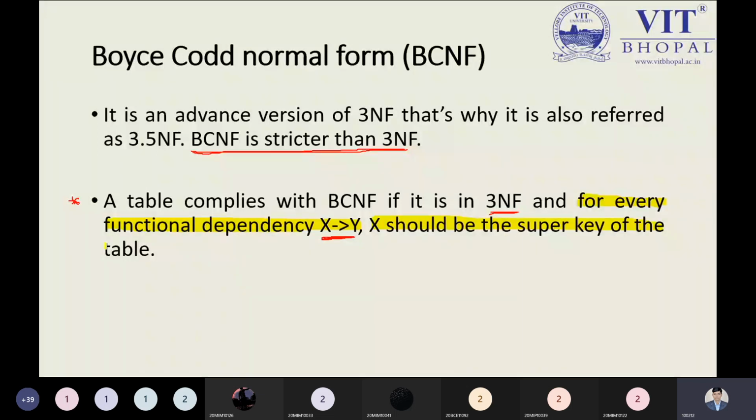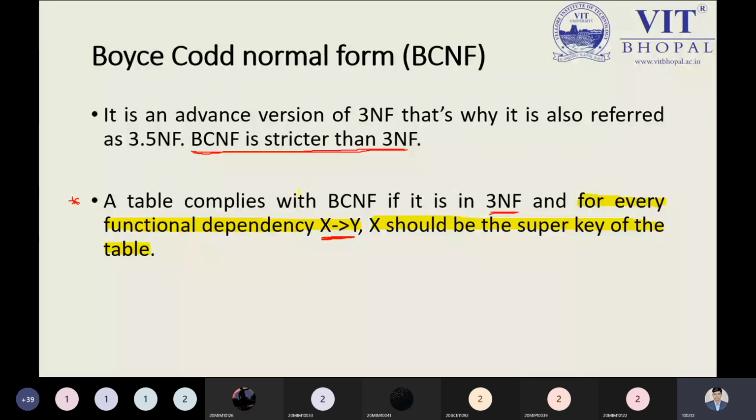So if I'm choosing X as a super key, you can observe over here what the super key is. We can have employee ID, employee department, and another attribute can also be included. The candidate key we have decided is employee ID along with employee department. From this perspective, you can easily say it should be the super key of the table. But the point we have to keep in mind is that whatever is determined by any attribute should depend on our super key. So in this relation, you can observe over here.